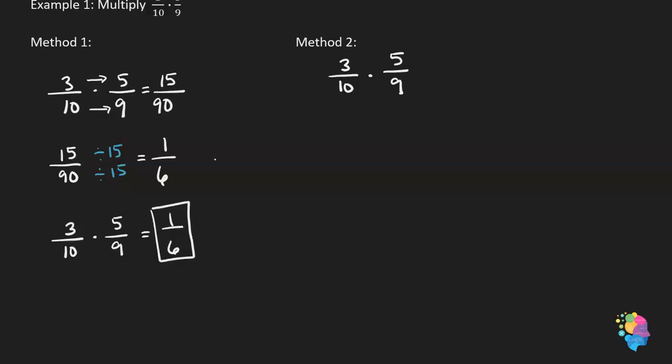Let's now try method 2. What if we simplify first and then multiply? In order for us to be able to simplify, we're going to have to find the prime factorizations of all the numerators and all the denominators. So since 3 and 5 are prime numbers, those will stay the same. However, the prime factorization for 10 is 2 times 5, and the prime factorization for 9 is 3 times 3. So then the 10 will be replaced with 2 times 5, and the 9 will be replaced with 3 times